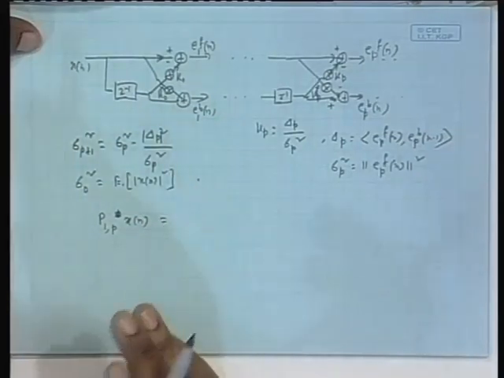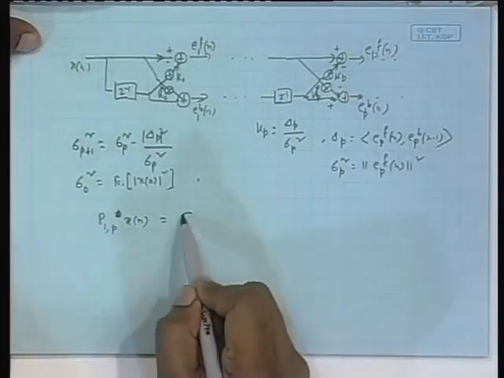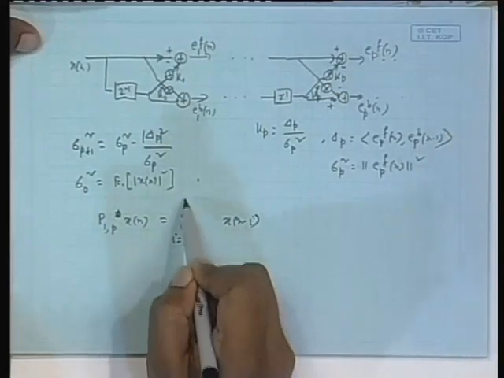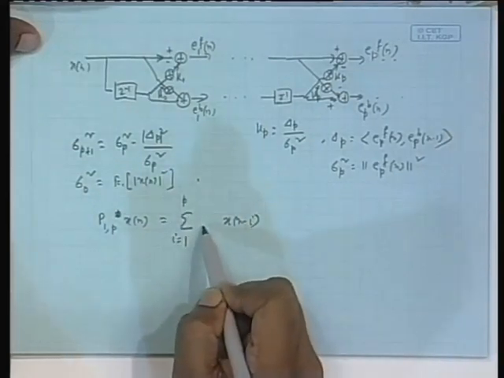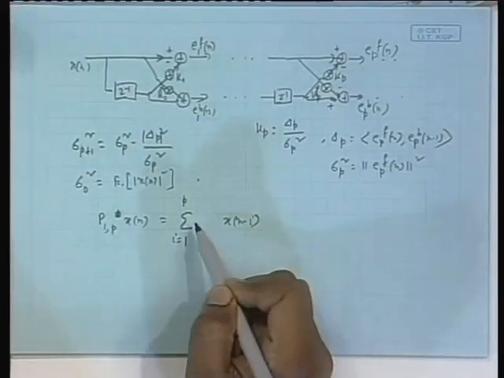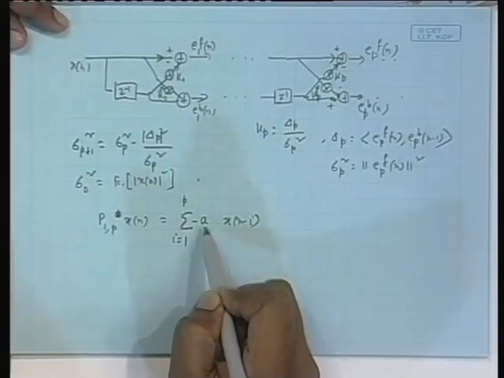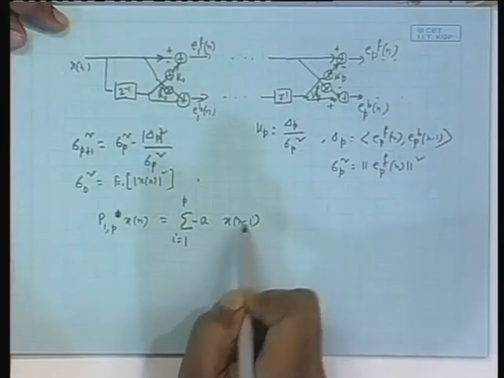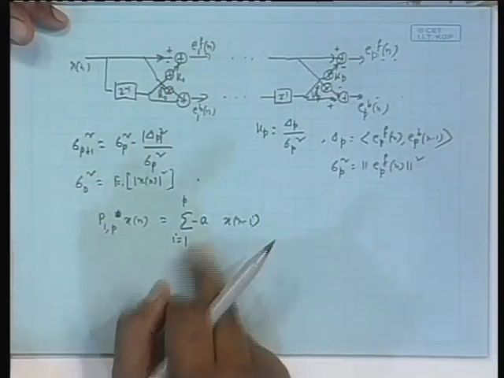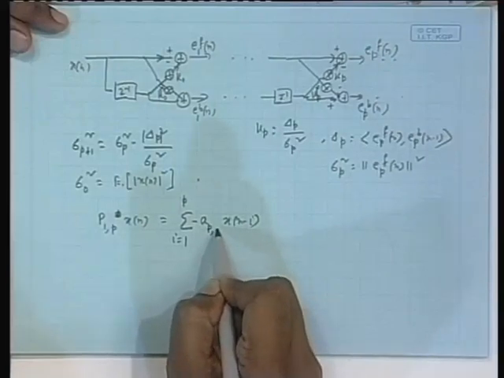This will be nothing but a linear combination of those elements x n minus 1 to x n minus p. So the linear combination will be like this, sum over i from 1 to p. There will be coefficients. For some reason, I will introduce a minus sign with those coefficients. That is okay. And the coefficients will be denoted by a subscript p comma i, because it is a pth order prediction. Suppose instead of p, I do a qth order prediction, I will get a new set of coefficients, isn't it? So that is why I am giving two subscripts, p comma i.